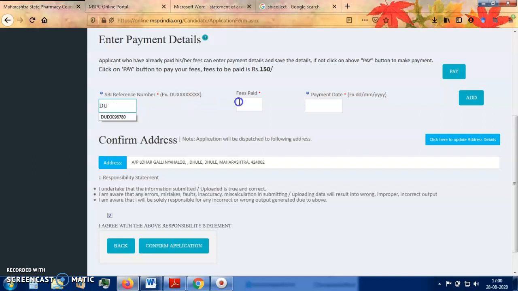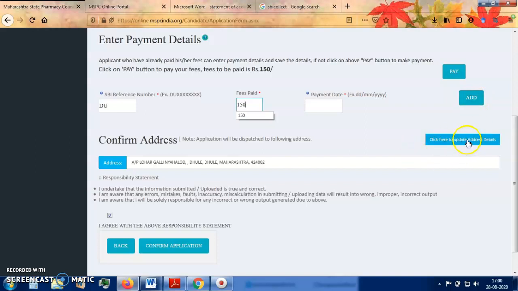You have to write 150 here, as additional qualification costs only 150 rupees. Payment date, the date on which you made payment, you have to add these details, and just press this add button. After pressing this add button, if your SBI reference number matches with the details you provided, these details will be added further. Okay, this is the final step.